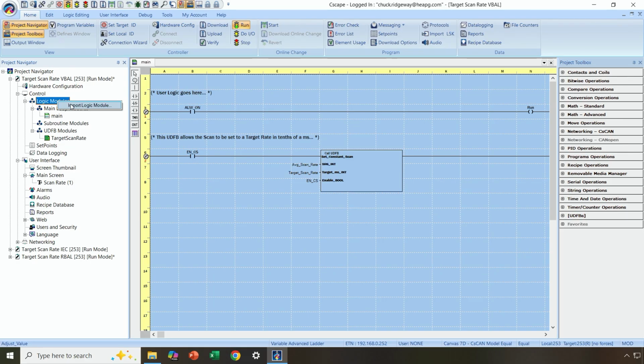And that UDFB file, again, is being posted on our website tied to this video. And then once you've imported that file, it's going to show up here under UDFB modules. It's also going to show up here in your project toolbox under UDFBs that you've imported. Once it's here, then you can drag it onto your program like I previously did, and then assign your variables